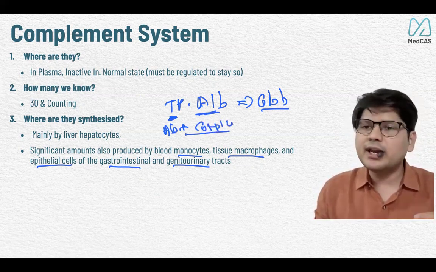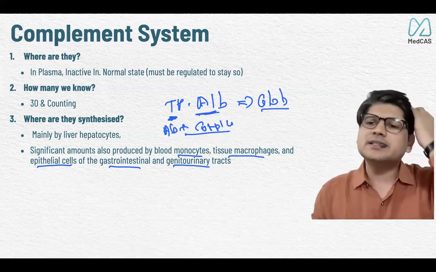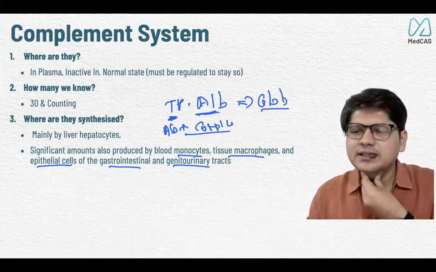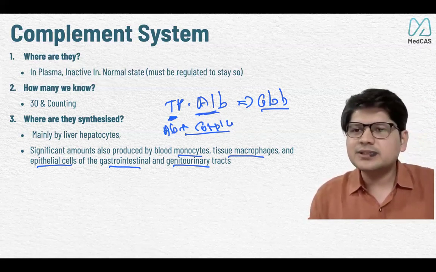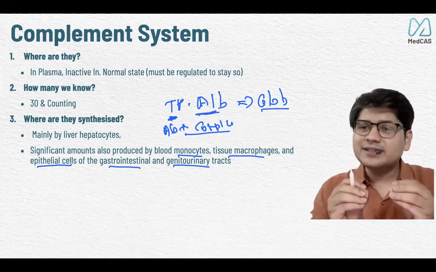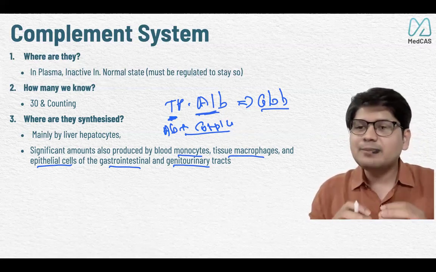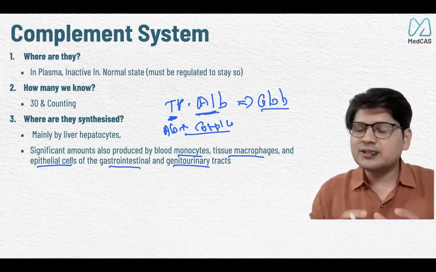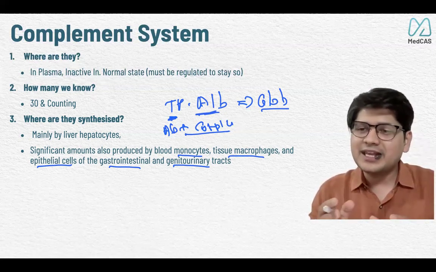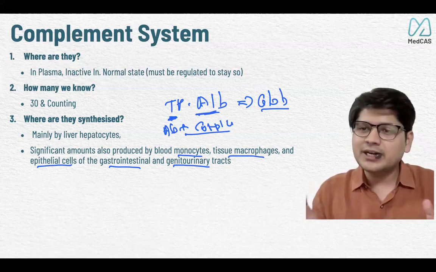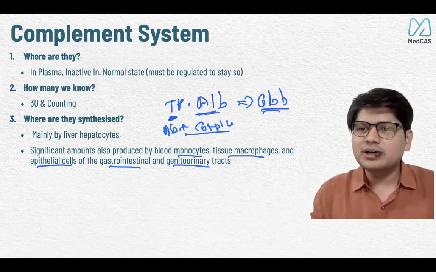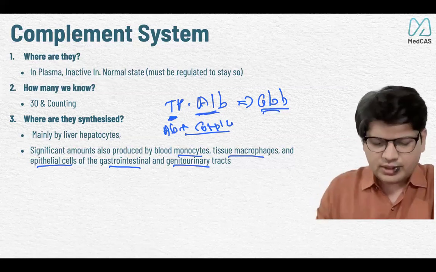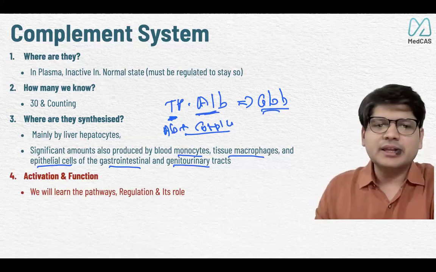Okay, so where are they? In serum. So if someone says that you have to send complement level C3 and C4, which tube are you going to use in your clinical ward? Plain serum tube, because it is there. Sometimes the specific things or the basic concept really help us. Because when I was asked the first time to send ANA, I was not sure how to send it, in EDTA or in plain serum or what, right? But then it's an antibody, it's a globulin part, it should be sent in plain serum. Over. The answer is very simple, right? So they are majority synthesized in the liver.